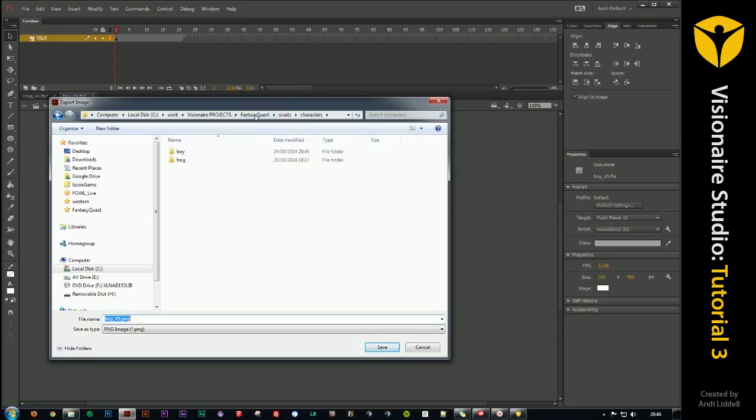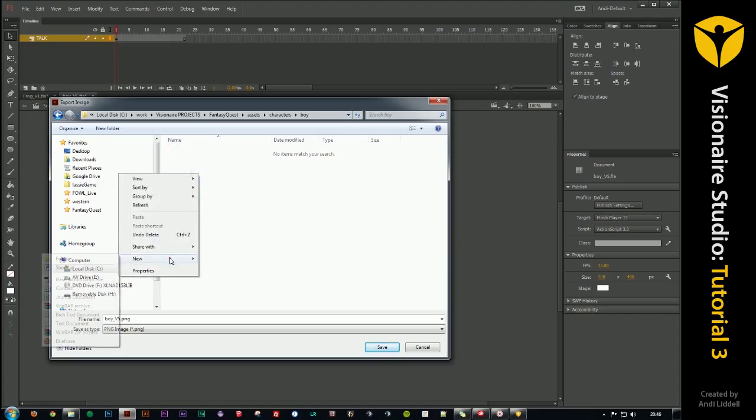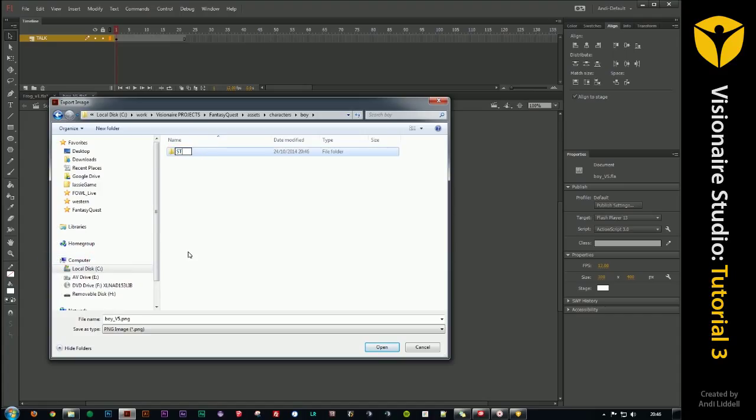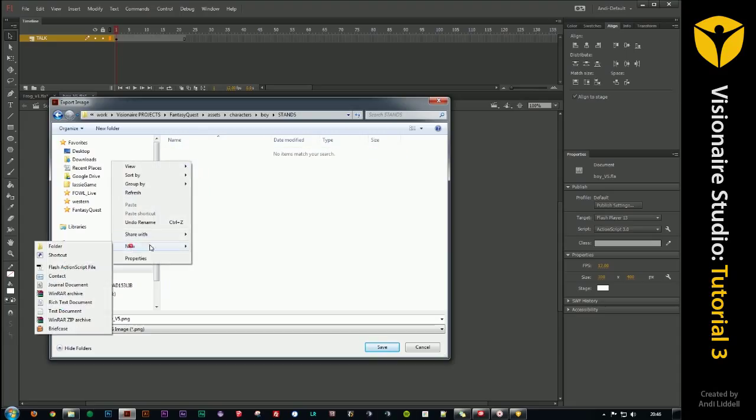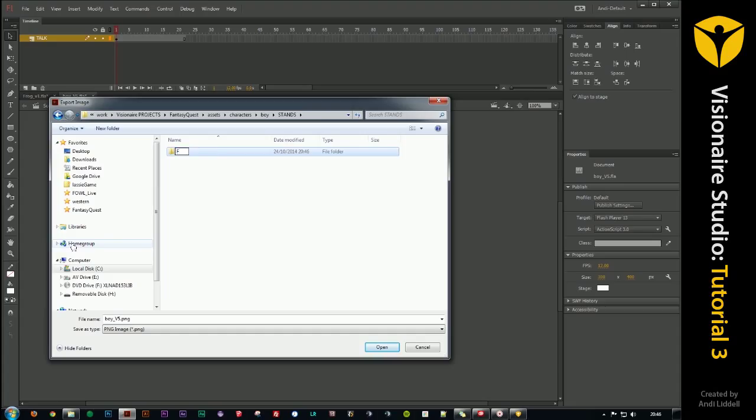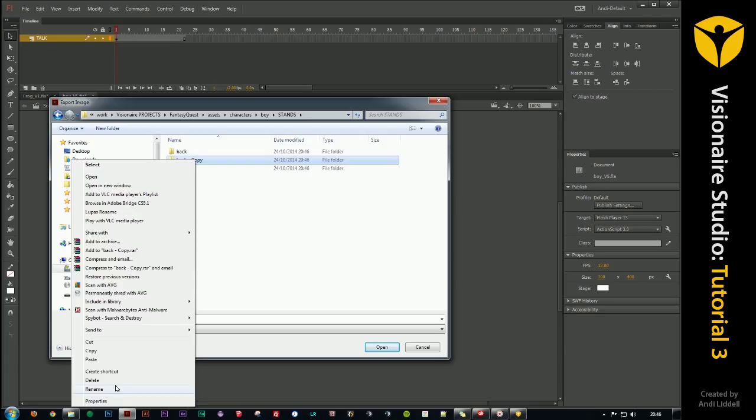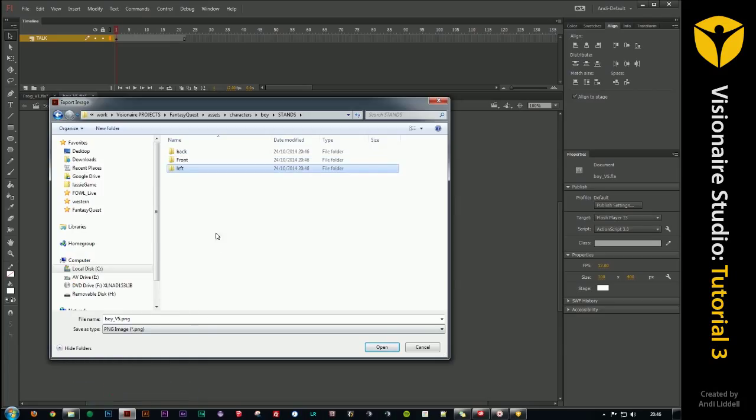So characters. Just to remind you again of the file structure, I've got my Fantasy Quest folder, which is the name of the game. We're going to export some assets for the game here. It's a character and it's the boy that we're doing. And in this case, it's going to be all the stands. So I'll create a stands folder, and in there this is going to be the front. So I can create a front folder. I might as well, while I'm here, create the others as well. So there's going to be a back, there's going to be a left,